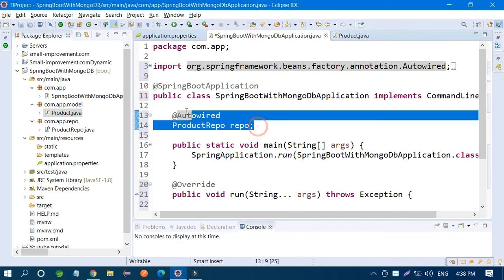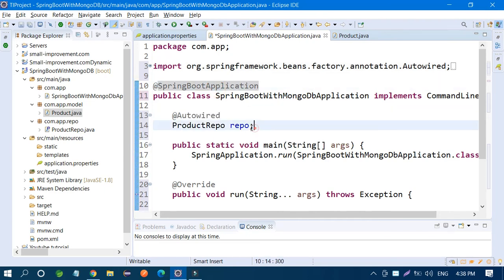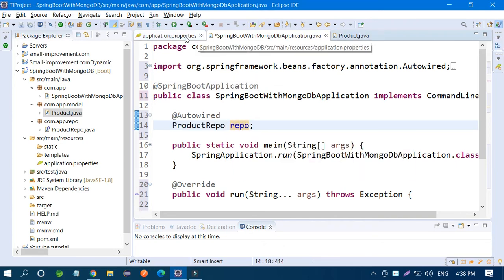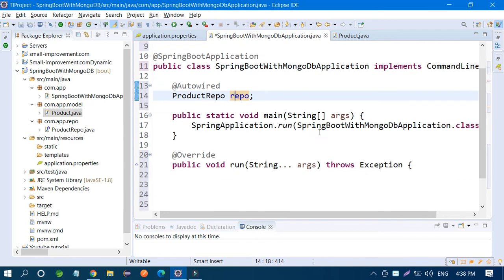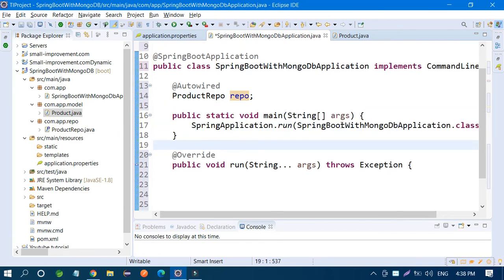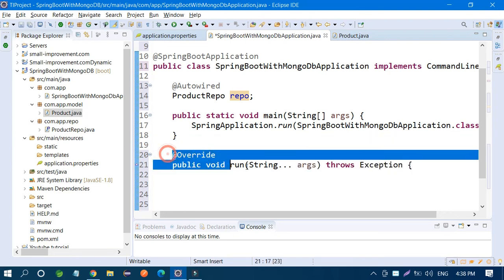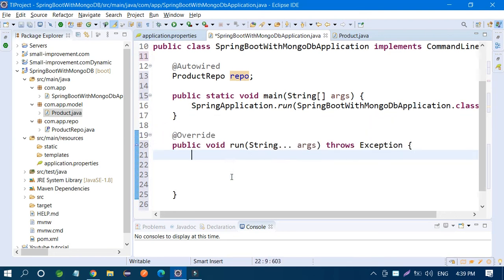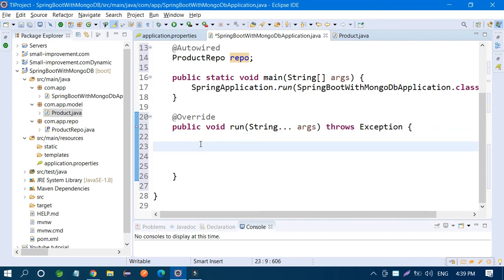So by default, when this class is running, this object is automatically created and assigned because of these repository classes, and the main method starts running. Then it calls the run method internally, and I am going to write the logic to insert data in the run method. Okay, I hope it is clear.